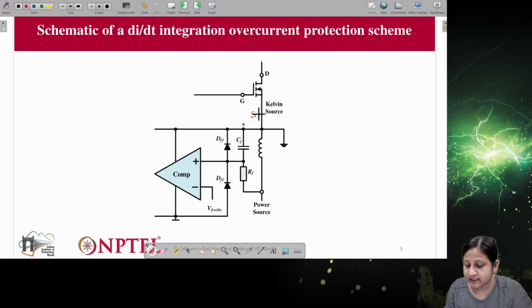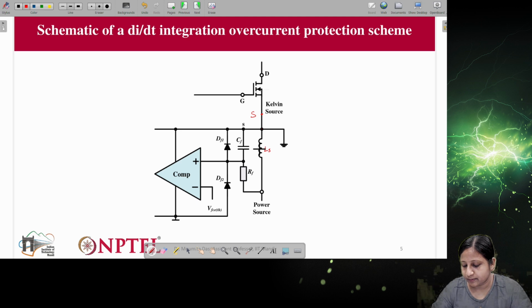And there is one inductance, let's say I represent it as LS. This inductance is in between the power source and the Kelvin source. Source means the ground pin which we generally represent as source. So the Kelvin source is the ground pin of the device, and power source ground, if it is connected to a DC source, is the negative point of the DC source, basically the power ground.